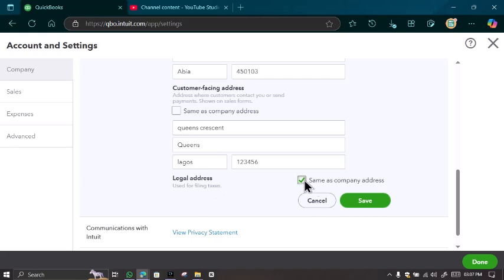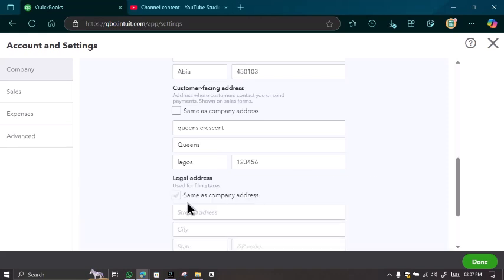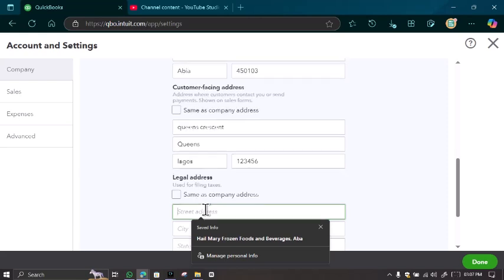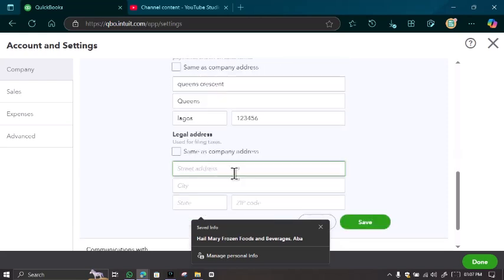So before it was set as same as company address, but let's say mine is not the same. If yours is the same, no problem. If it's not the same, then you fill in the new street address. Because I registered as Nigerian, that is what it's asking me for: city, state, all those things. Yours might be different, so you put the address the way it is in your country. So let's say my street address is